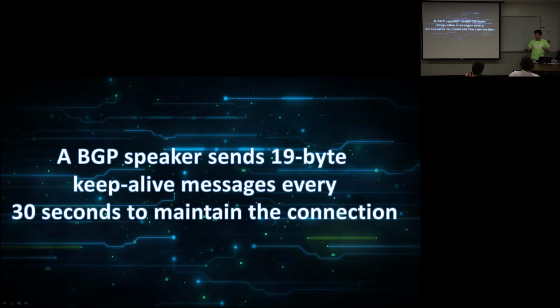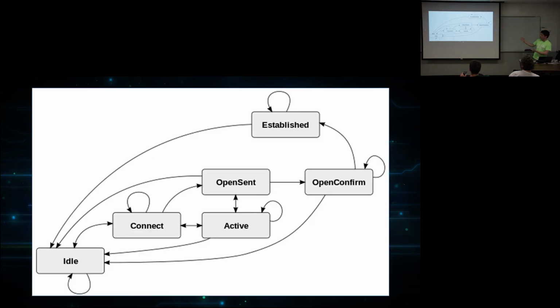So for instance, when Iran cut off their country from the internet, people knew well before websites went down and whatnot that they no longer were on the internet, because this 30-second keep alive message stopped coming from the border routers in Iran. This is a flow chart or a state machine. There's about 600 pages on Wikipedia about what the state machine does. But basically, you go through this when you're establishing a connection, and once you're established, you constantly reconfirm that those routes and that peer is still alive.